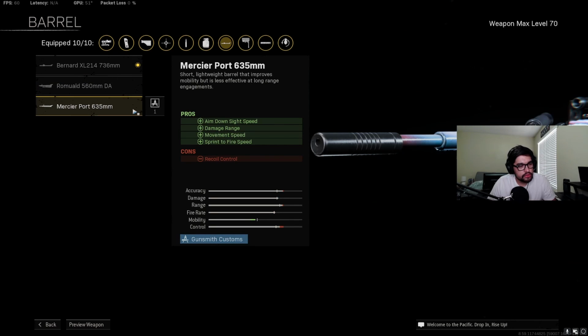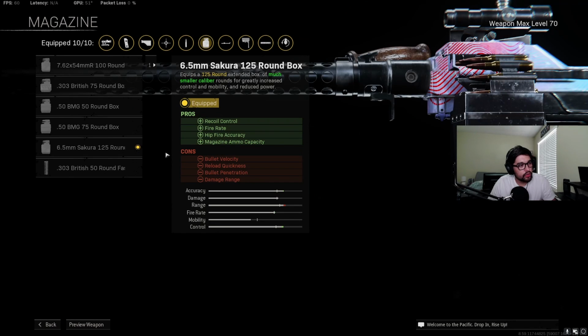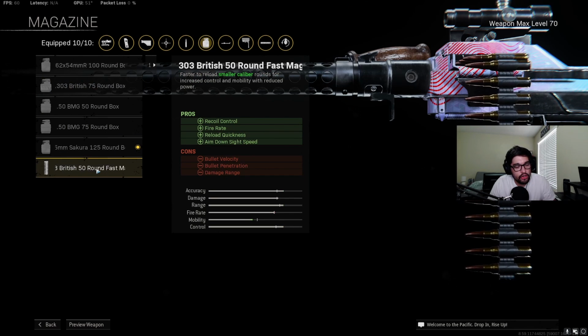And then the Port 635mm barrel hurts your recoil control, and so that's already a no. But it does help your ADS, damage range, movement speed, and sprint to fire speed, but as you can see down below it, not as much as the 736mm barrel. For the ammo, you can try any of the other ammo types. The 50 BMG will give you the best time to kill, but it's a shaker. It's a lot harder to use. The 303, which comes in both a 75 round box and a 50 round mag, is another really good option,